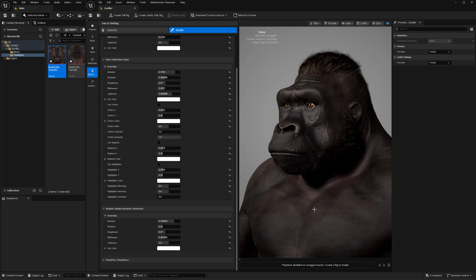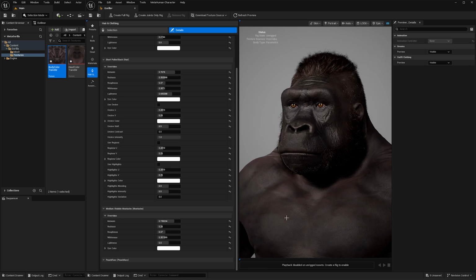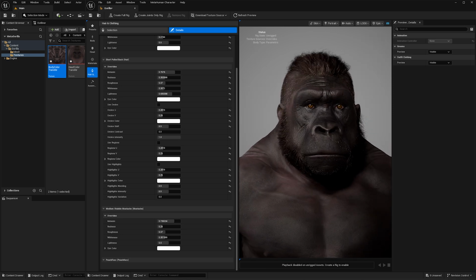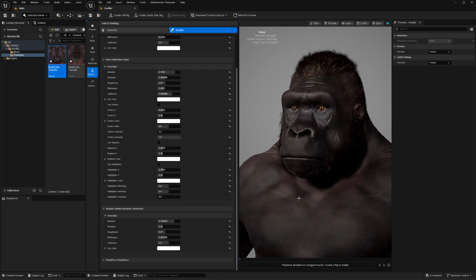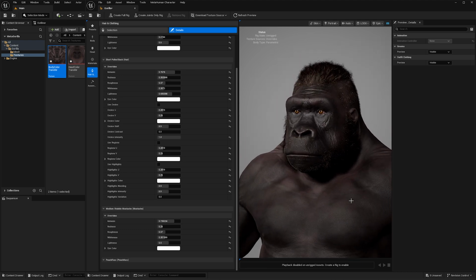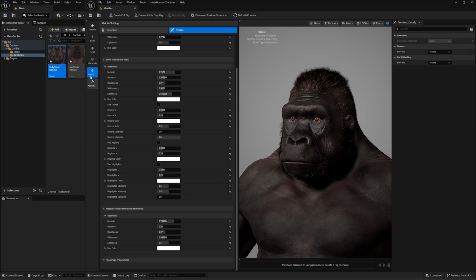Very cool, very fun face. Hair makes a big difference. Nice eyes make a big difference. And from here, we can add